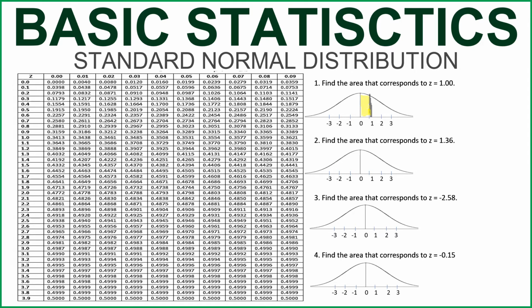Saan ba, di ba, yung first two digits natin, titingin tayo sa vertical. So, saan ba yung 1.0 natin? Ito yung 1.0 natin. So, i-shade lang natin yung part na yon. So, shade na nating buo, gaya nung ginawa natin kanina. Ayan. So, saan siya nag-intersect? So, yung third digit natin is 0. So, titingin tayo doon sa taas. So, yung 0 is yung pinakauna. Therefore, ito yung sagot natin. Therefore, our area is